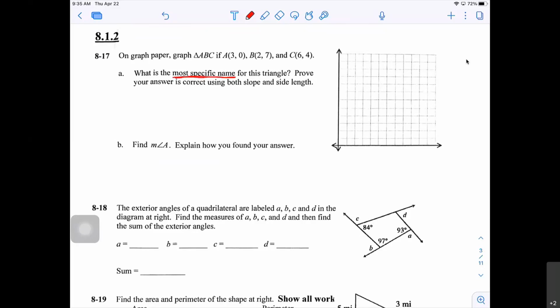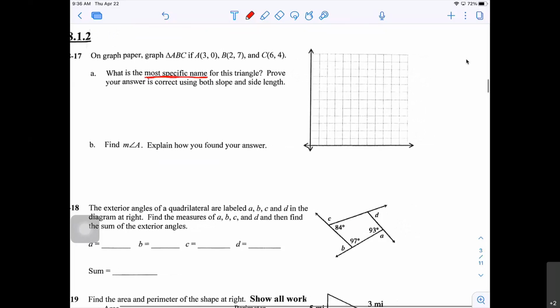Okay? Or an isosceles right triangle, something like that. You should be very, very specific. And then here's the part that I was a little bit surprised by, and that's why I'm addressing it right now. Some of the people that have been turning this in are completely skipping this part right here,